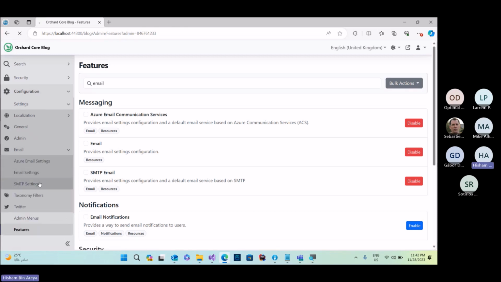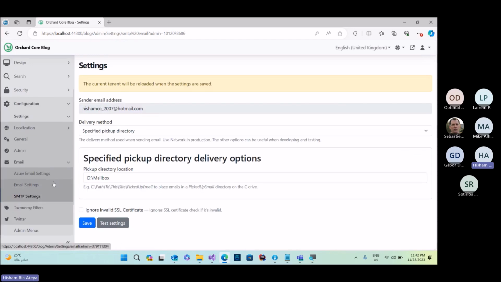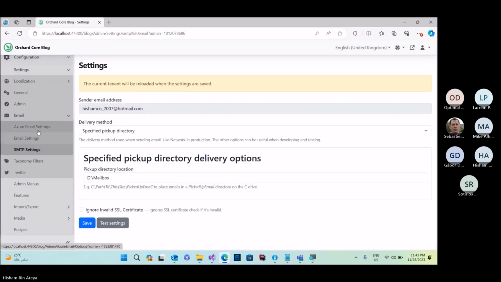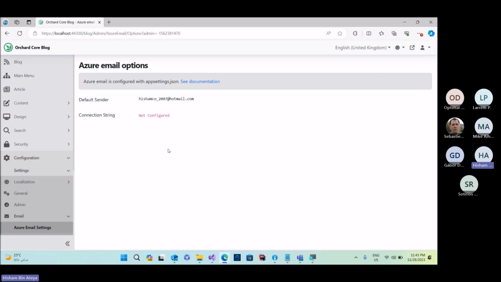We previously had SMTP settings. Now we have new settings that come from the app settings for security purposes that contain two things: the connection string, which basically has the endpoint and the access key from Azure, and also we need the default sender.